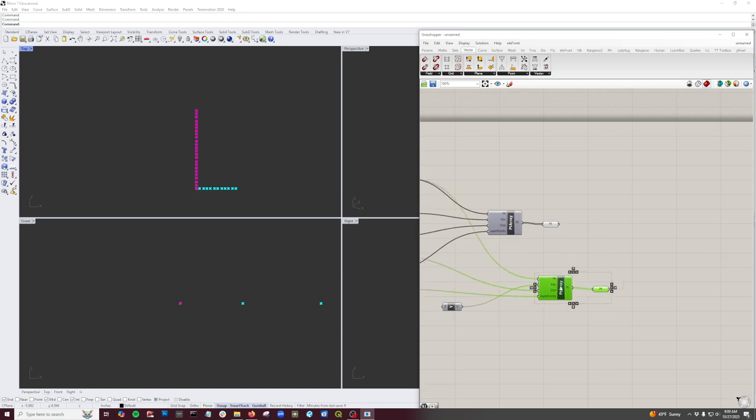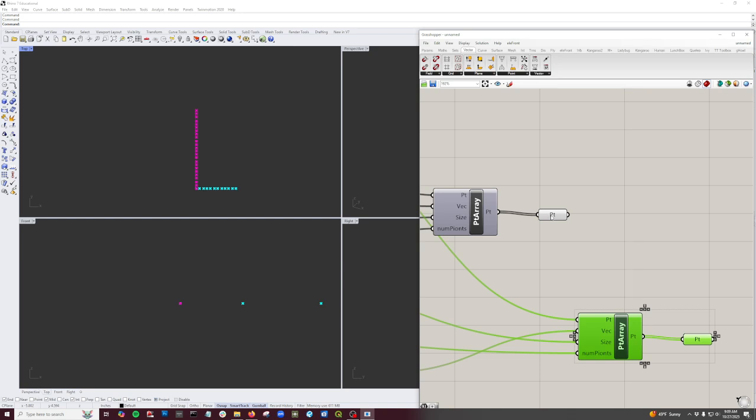So here's the trick. What we want to do is change this from one list of 12 points. If we use graft and simplify, you can see that now, if we hook this up to something, we get these little hot dogs. And now it says it's 12 lists of 1 point, which is kind of weird, but it's really useful because